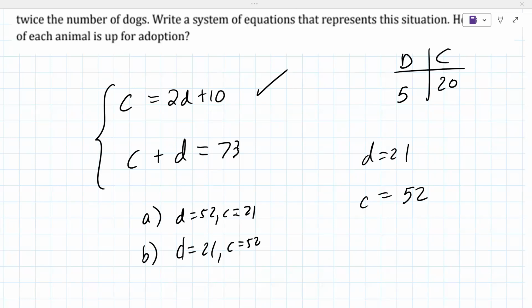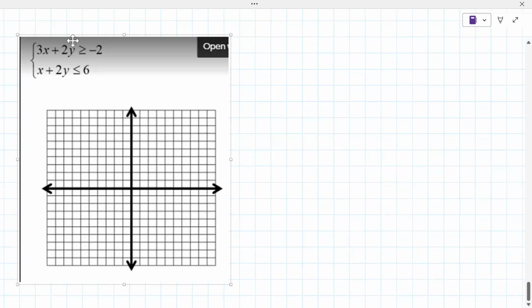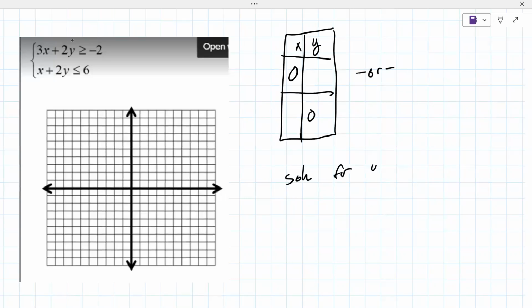All right, on to some graphing here. We should have enough time to finish these couple. When they're in standard form, the way to graph them is to graph the intercepts. We've already done that a couple of times here. So could you find the x and the y-intercept of each, or you could solve for y. Now the advantage of solving for y is that you will automatically know which side to shade. There's not a right or a wrong. So solving for y,